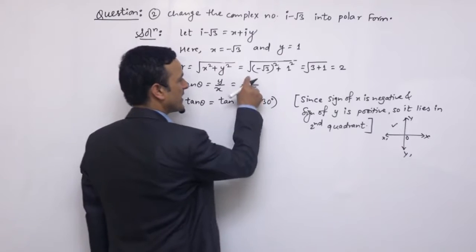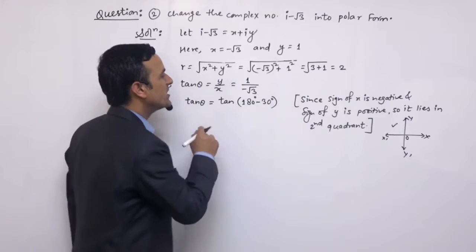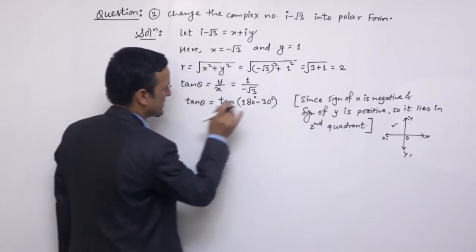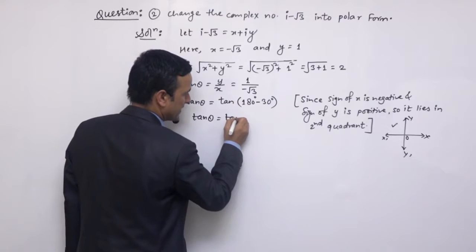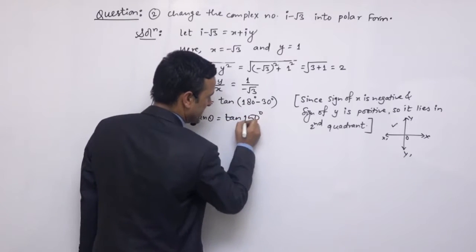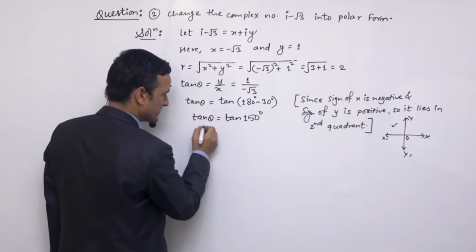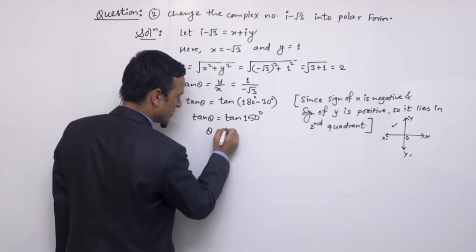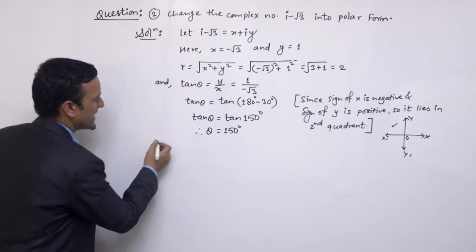Tan 30 degree ko value 1 upon root 3 huncha. That means tan 30 means 1 upon root 3. So 180 minus theta we can write. So tan theta is equal to tan 150 degree. So if we cancel this tan, or equate from this equation, theta is equal to 150 degree. So hence in this way